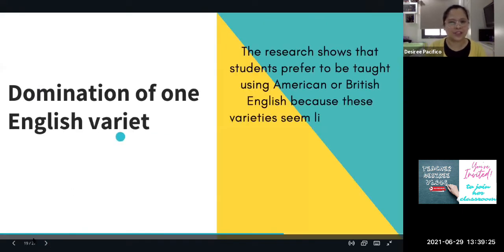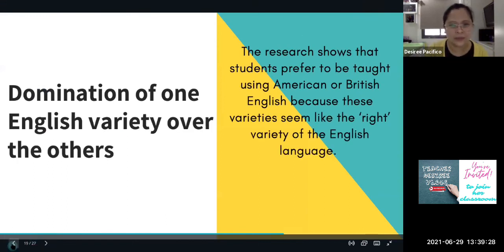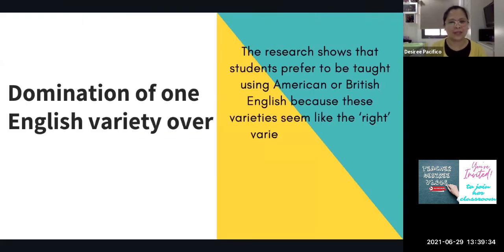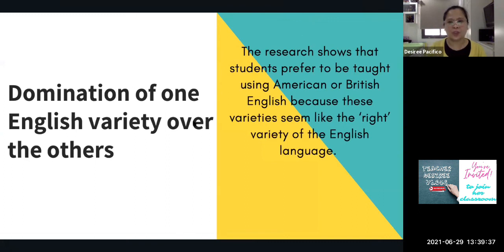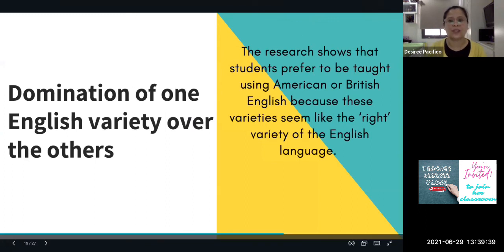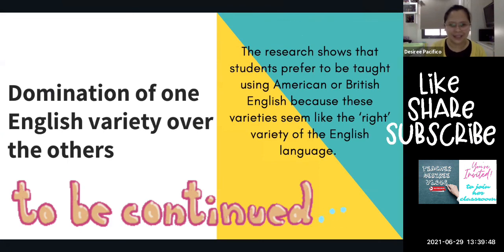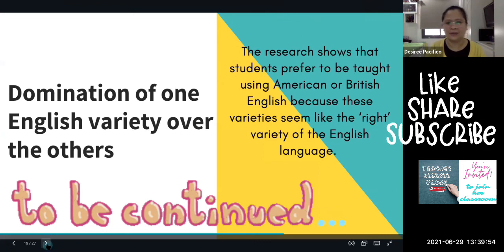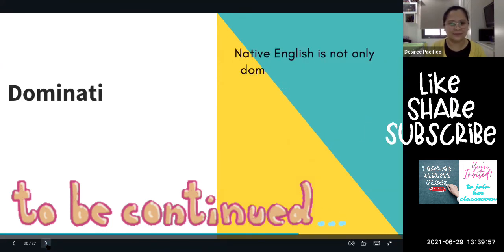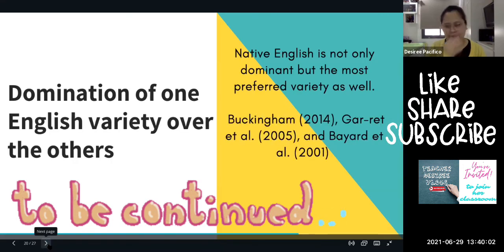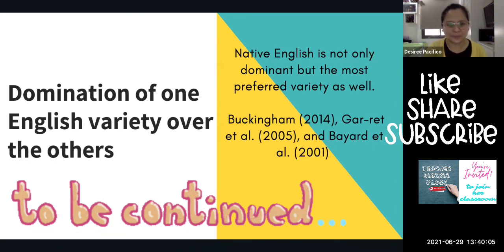Domination of one English variety over the others. The research shows that students prefer to be taught using American or British English because these varieties seem to be the right variety of the English language. So stereotyping and traditional perception is still present in Saudi